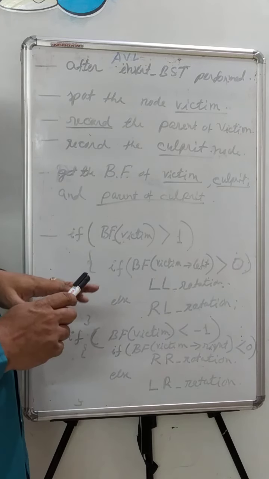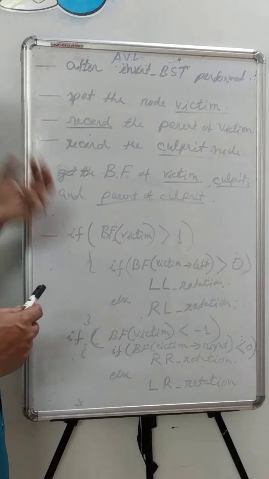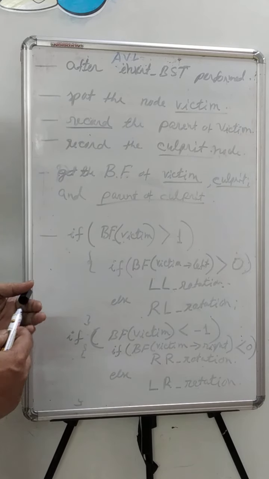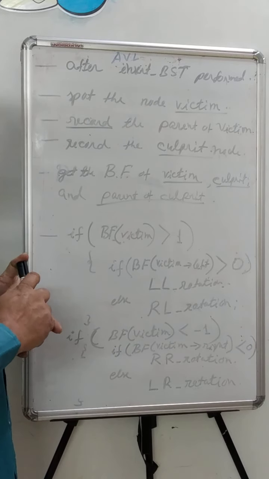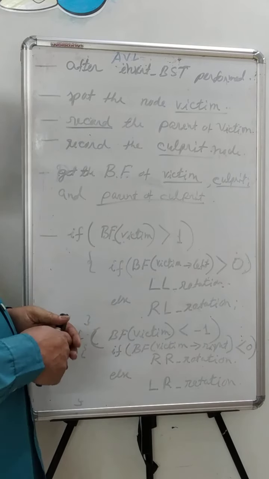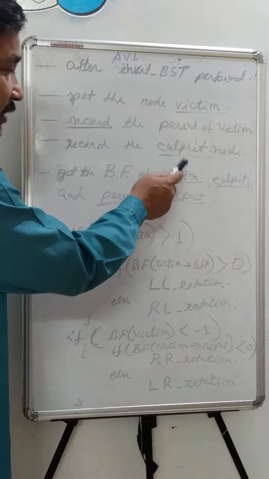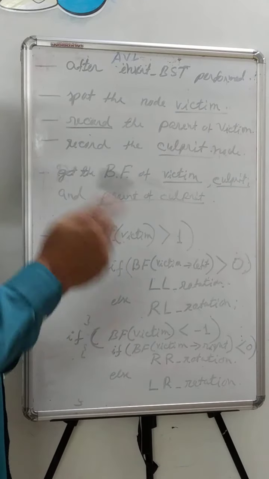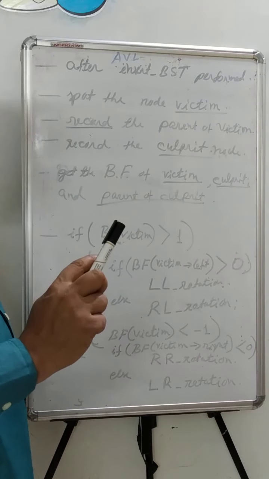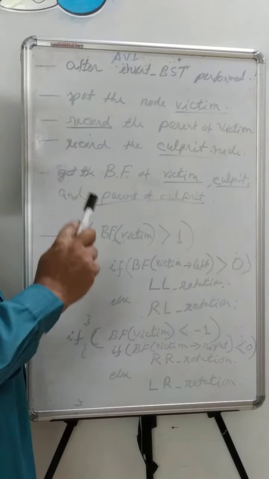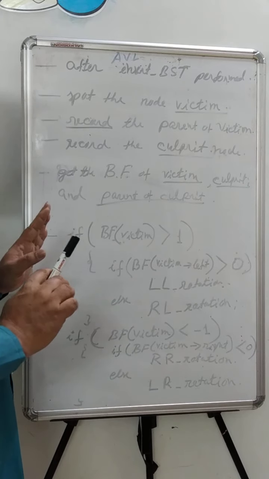We don't need to calculate the balance factors of all the nodes here, but we need to calculate the balance factors of 3 crucial nodes. What is the balance factor of the victim? It is definitely not within the range. That's why we need to go for balancing. Anyway, the victim's balance factor has to be calculated to decide whether we need balancing or not. If after the insertion the victim's balance factor is also not exceeding the limits, then the insertion is completed right there.